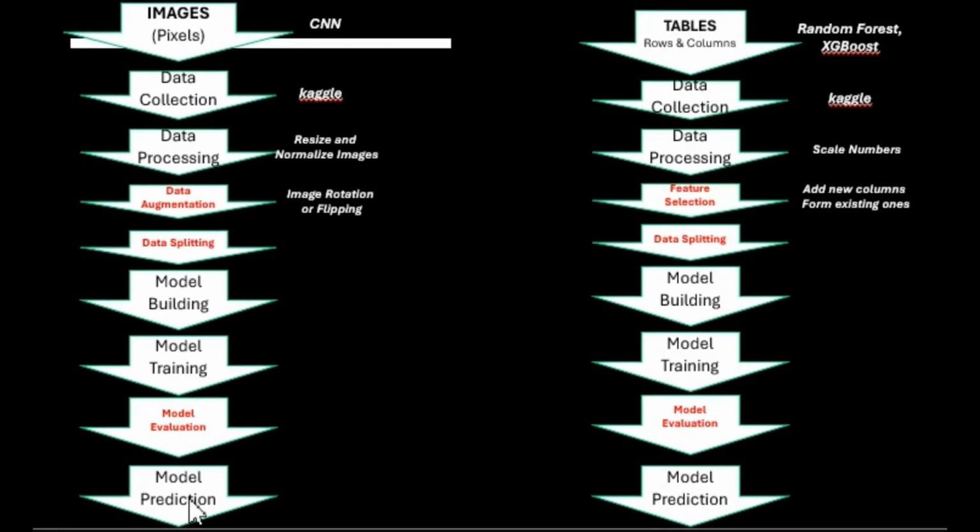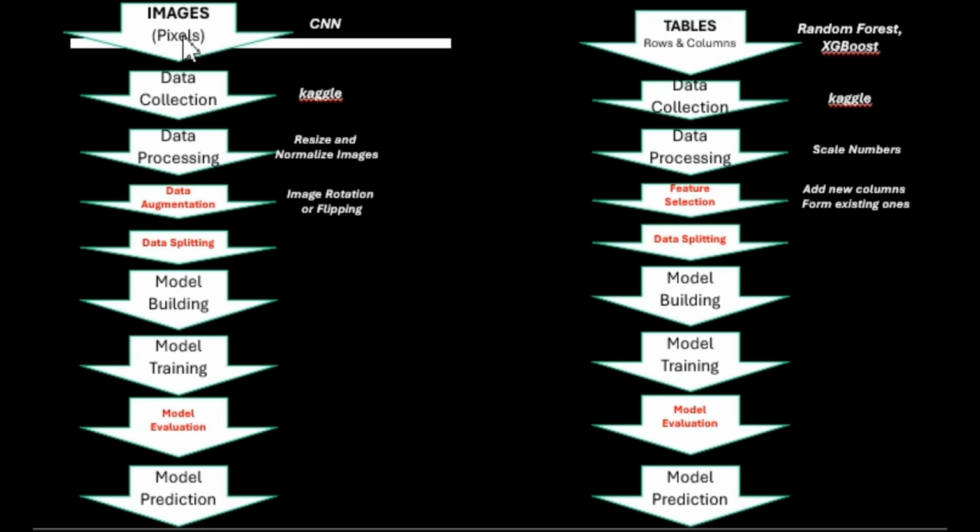And finally, model prediction. So for images, you might upload a photo and the model will tell you this is a dog or this is a cat. While for tables, you might enter a few numbers and the model might predict the likelihood of something happening, like a student passing or failing an exam, or the total number of students being 15 or something like that. So to wrap up,